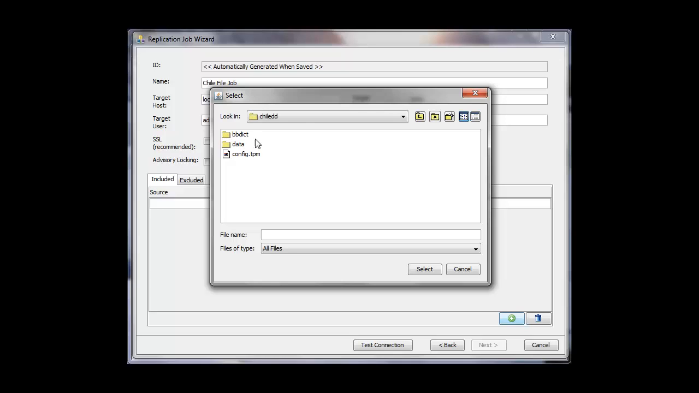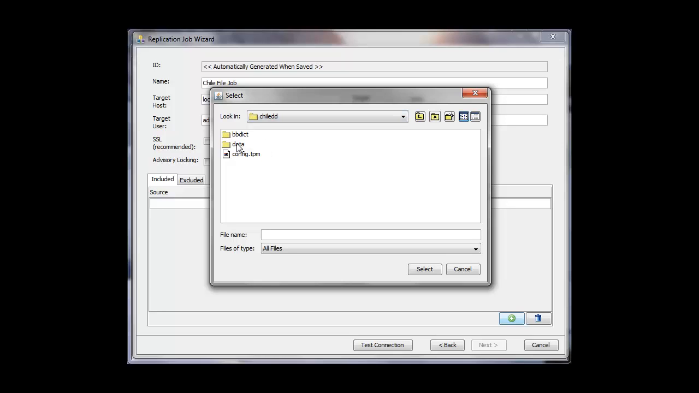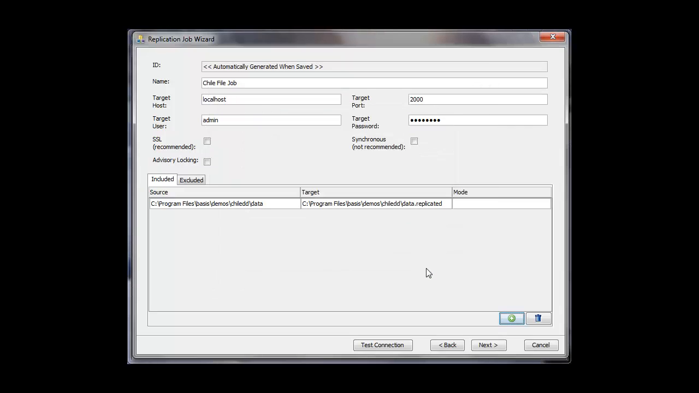But what we need to do now is go and select the directory that we want to replicate. And so we're going to use the Chili database in the program files directory under basis. We're going to select the data directory. Those are the only files we're interested in. And as you can see, it'll add that to the list here, and it'll give you a target. This is on the target machine, in this case the same machine, the location that we want those data files